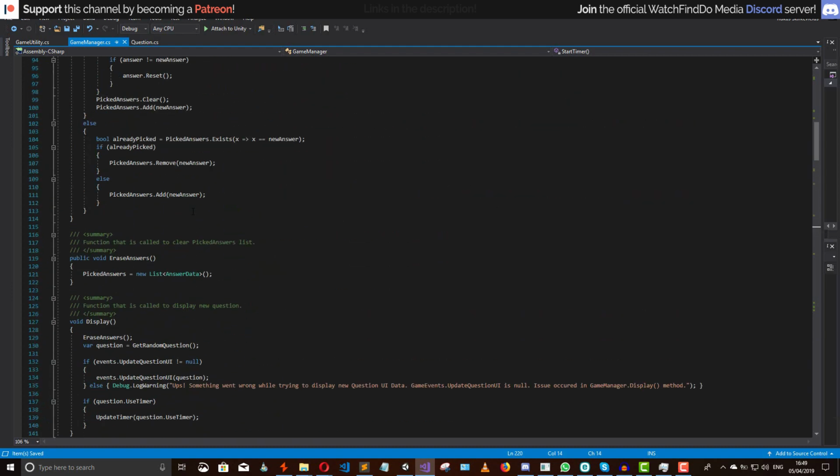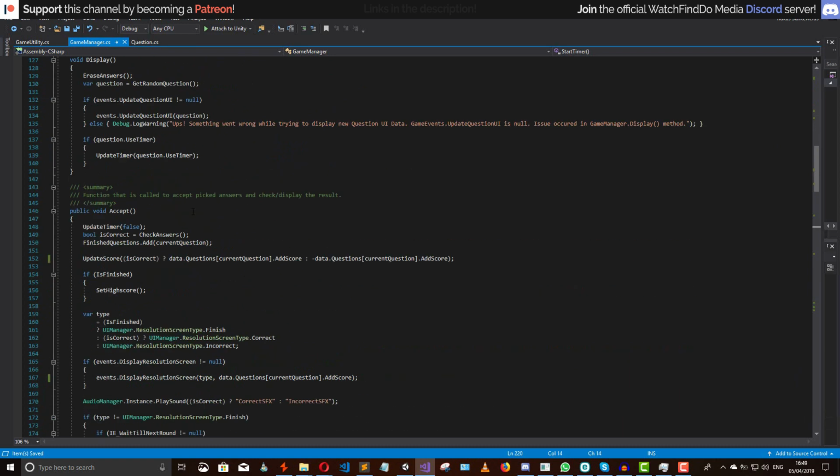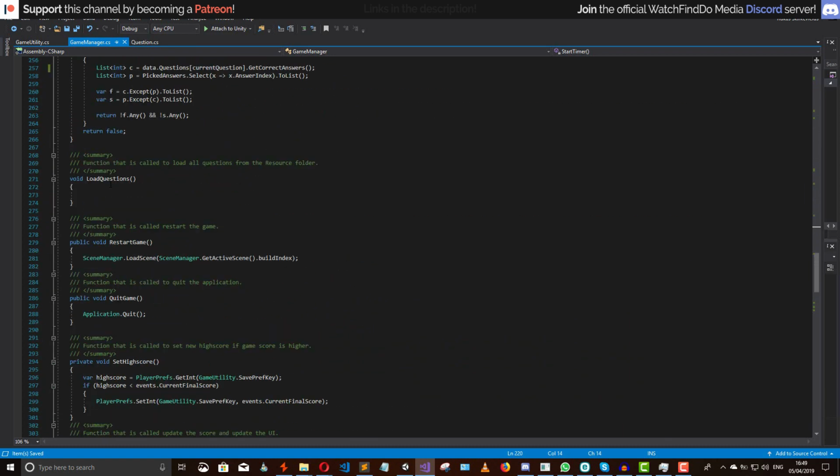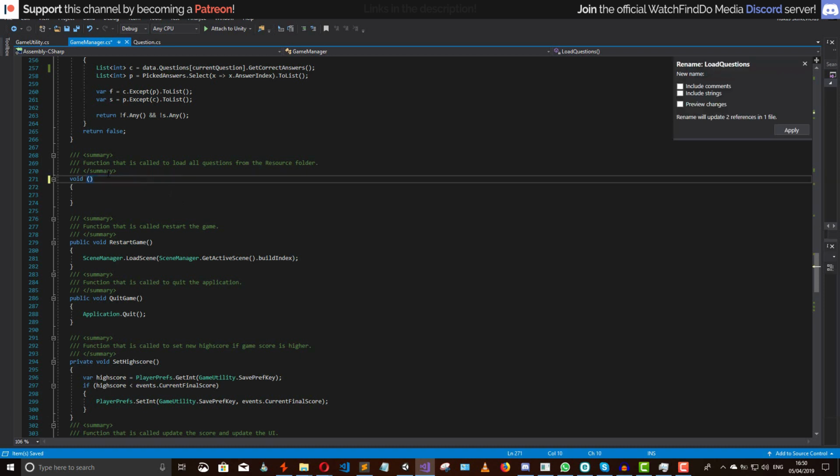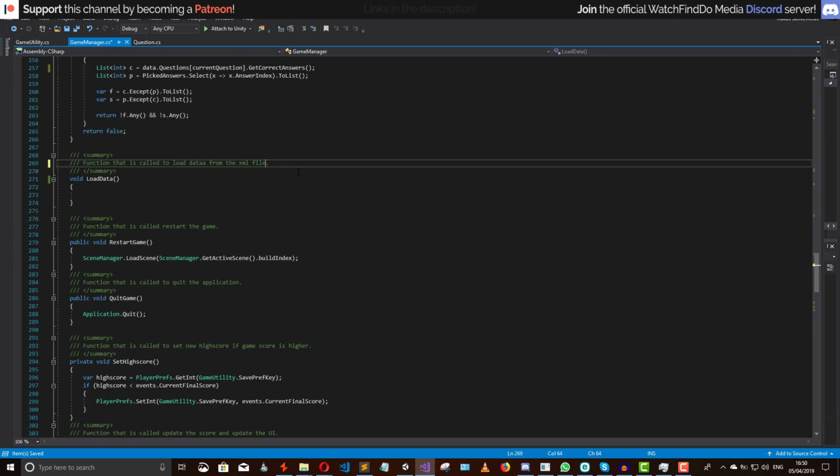And we can actually start loading the data. We are going to replace the name of this method, instead of load questions, with something like load data. We can also change the summary to something like: function that is called to load data from the XML file. What we are going to do inside of this method is going to be extremely simple. We are simply going to say that data is going to be equal to